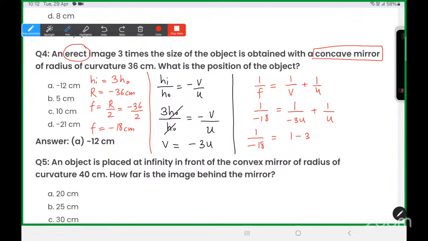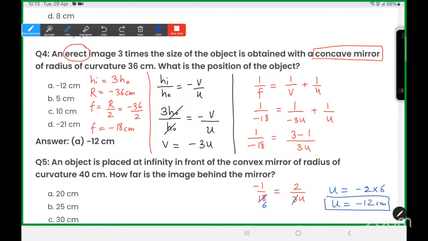मतलब 3 - 1 हो जाएगा ये। सही से करना पड़ेगा इसको, 3 - 1/3u। ठीक है बेटा, तो ये कितना बनेगा, -1/18 इज इक्वल टू 2/3u। 3 से कट मारते हैं इसको, 3 1 3 6, तो u इज इक्वल टू -2 टाइम्स 6, तो u की वैल्यू -12 सेंटीमीटर आ गई। आप देख सकते हो मैंने कुछ भी नहीं किया, मैंने सिर्फ दो फॉर्मूलेज यूज किया अलोंग विद द साइन कन्वेंशन। साइन कन्वेंशन के साथ प्लीज यूज करना, ताकि हमारा आंसर करेक्ट आए।